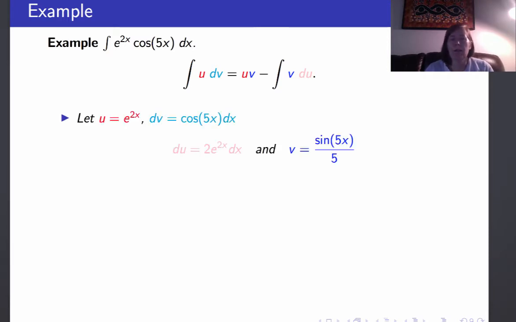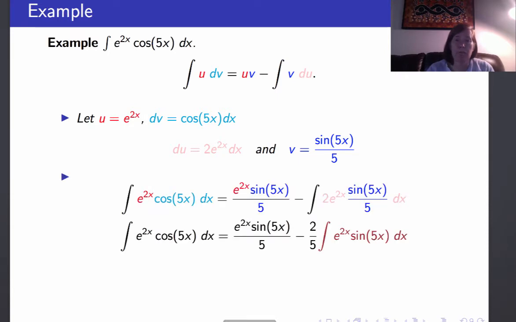We can apply our integration by parts, letting u equal e to the 2x and dv equal to cosine 5x dx. We get du, using the chain rule, is 2 times e to the 2x dx, and v is the antiderivative of cosine 5x, which is sine 5x over 5. Plugging this into our formula, we get the integral of e to the 2x times cosine 5x dx is u times v, which is e to the 2x times sine 5x over 5